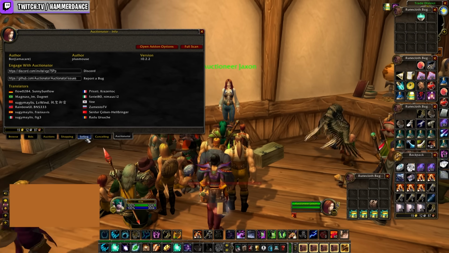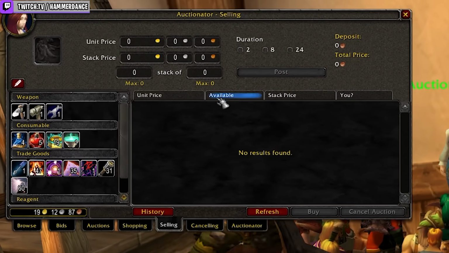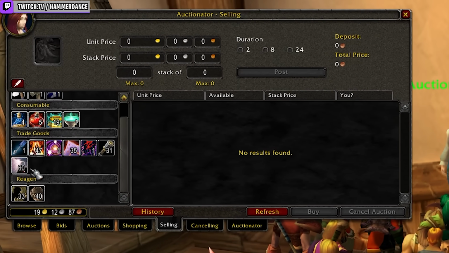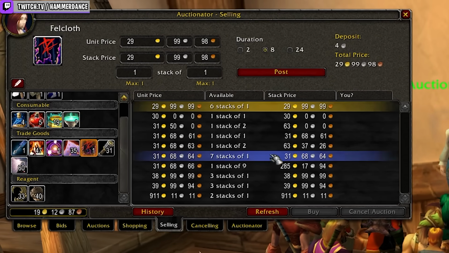For selling items, it's even easier. When you want to sell an item on the auction house, you're going to go to the Selling tab, and you're basically going to select the item from your bags right here. Like if I wanted to sell this fell cloth, I would just click on it. It would scan the auction house, and this is the price that it would sell at, and you would just